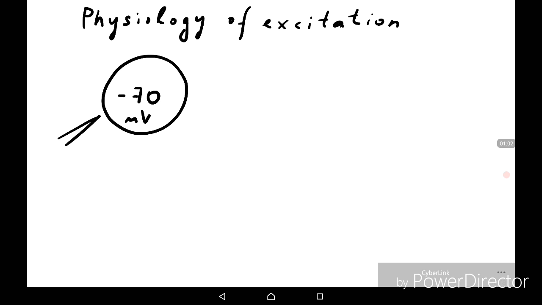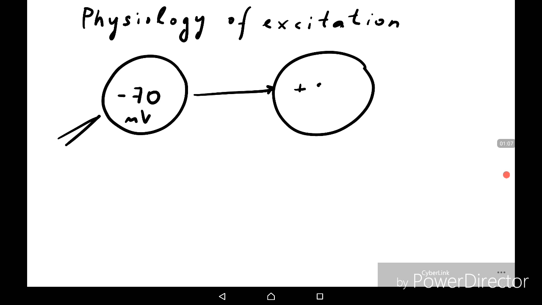The membrane potential changes from the negative charge, approximately minus 70 millivolts. Then the cell is stimulated and the membrane potential becomes positive, about plus 20 millivolts. The potential may be measured by microelectrode or by electrode technique, when the electrode is introduced into the cell